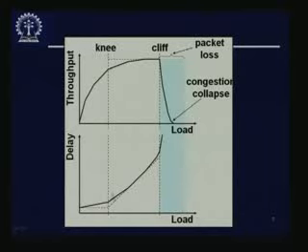So, I was talking about the delay. If you note this, if this was the previous curve, and as you plot the delay, first the delay is low, then the delay starts increasing. Then in this area where there are lots of packet losses and there is congestion collapse and throughput collapses, the delay also becomes very, very high, tends towards hyperbolic. So, obviously, you have to take all precautions not to fall into this area at all.